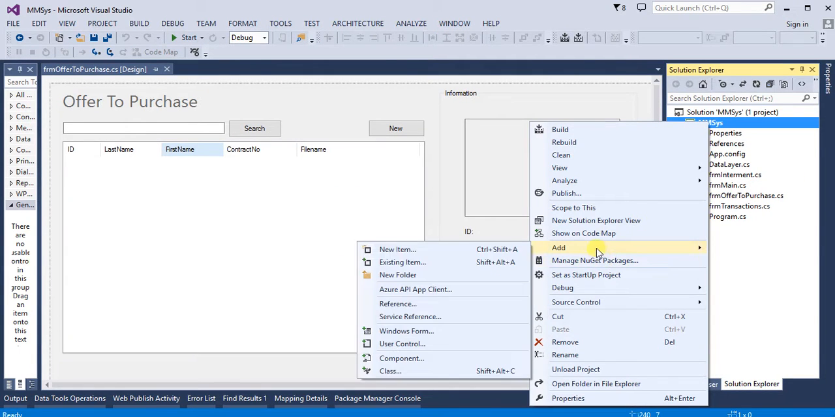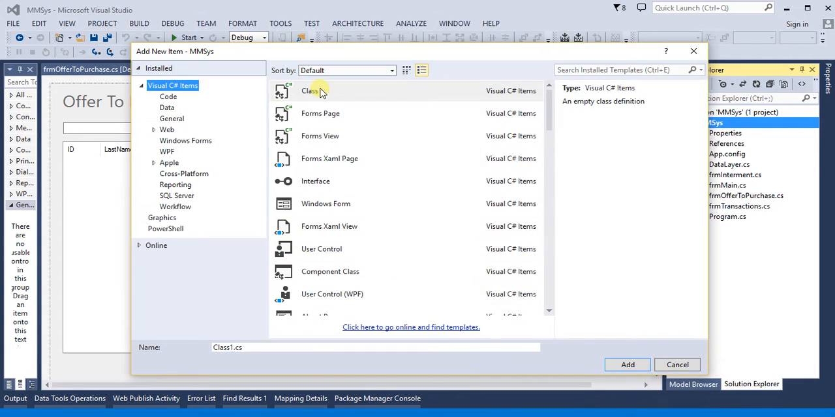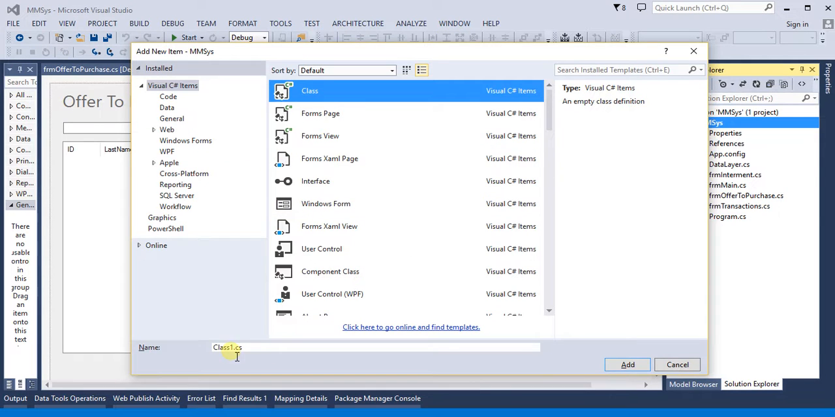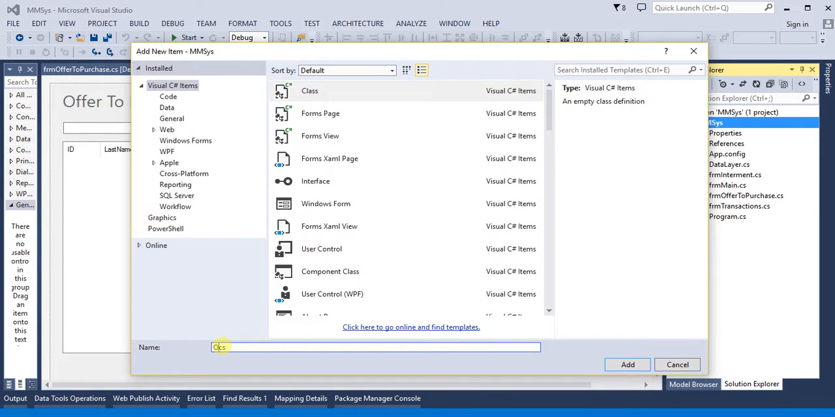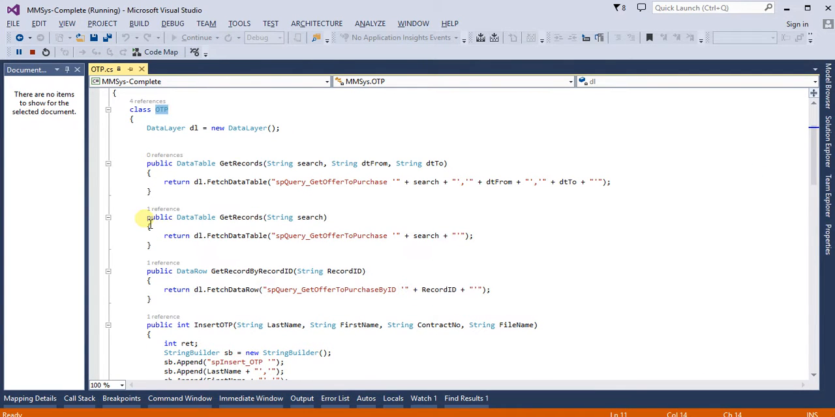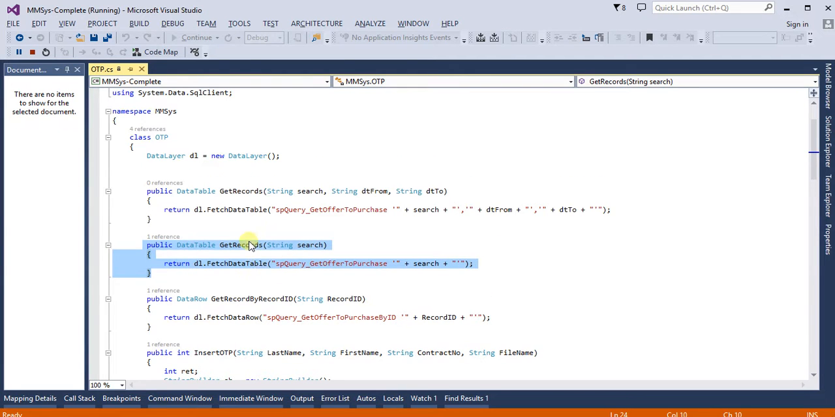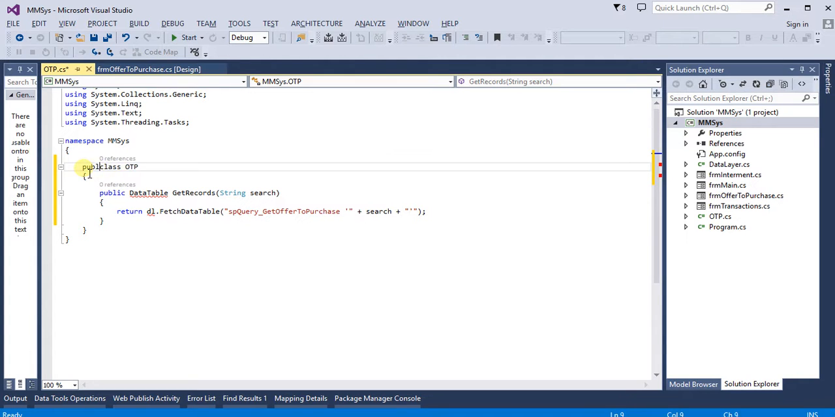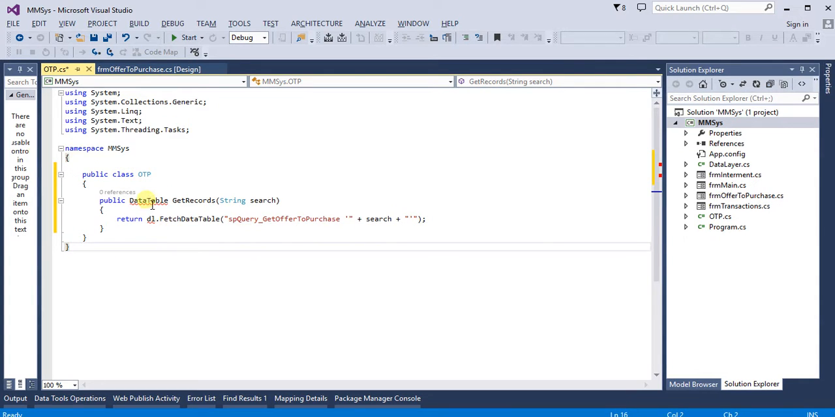So I'm going to add another class and we'll name it as OTP. Okay, and I will just copy this part, the get records. Okay, so you see the code is also still complaining, so I will resolve this one,